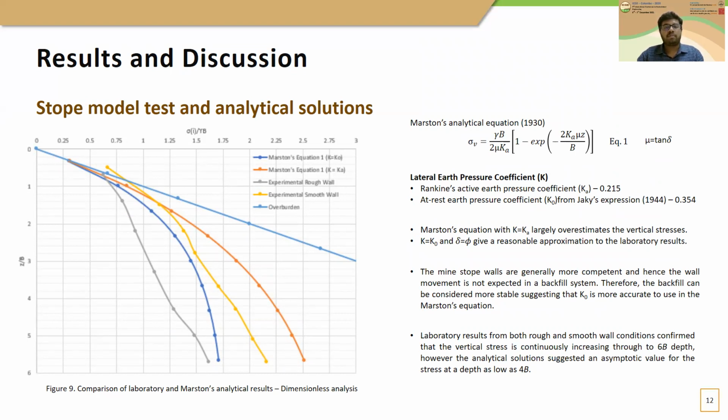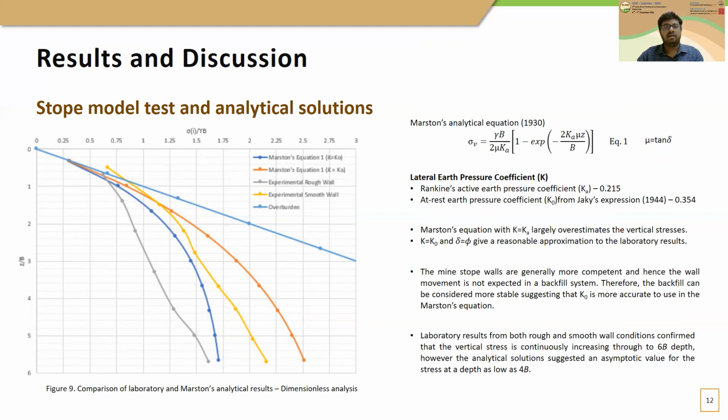coefficient, K0, from Jaky. Figure 9 shows that Marston's equation with K equals Ka largely overestimates the vertical stresses. However, K equals K0 and delta equals 5 give a reasonable approximation to the laboratory results. The mine stope walls are generally more competent, and hence wall movement is not expected in the backfill system. Therefore, the backfill can be considered more stable, suggesting that K0 is more suitable and accurate to use in the